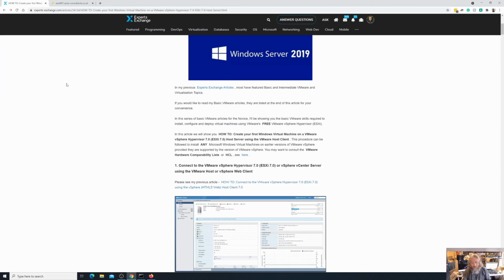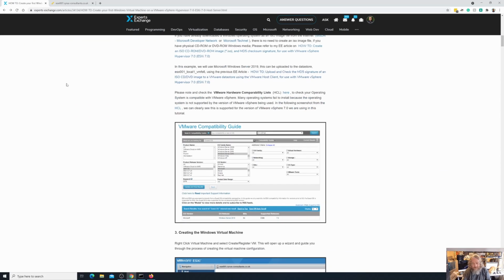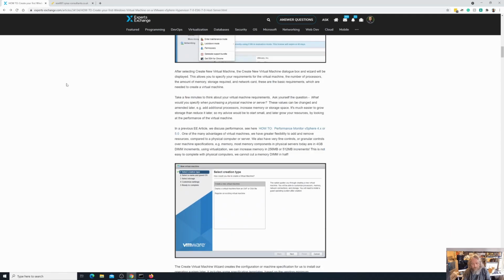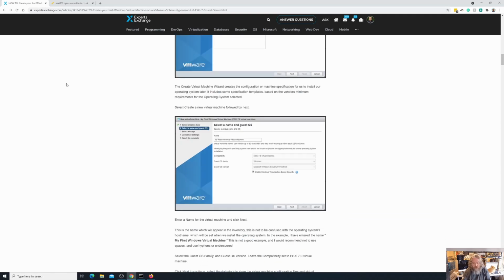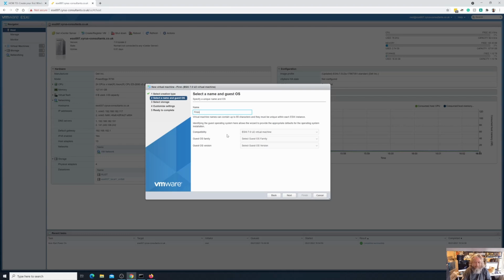So in this article, I think I actually called it my first virtual Windows machine. Now, if you're going to put spaces in your virtual machine names, you may get into issues later on when you try changing into folders, etc. So if you can avoid spaces, it's probably easier later on navigating the bash shell. So I'm going to preach what I'm saying, and I'm going to say my